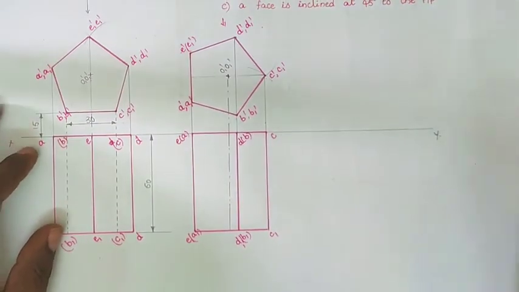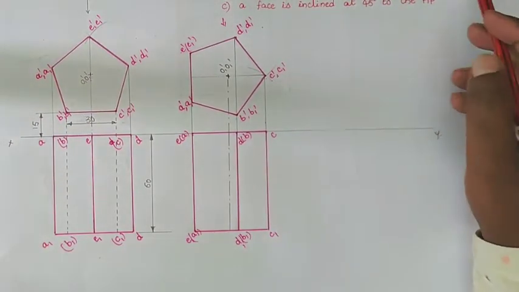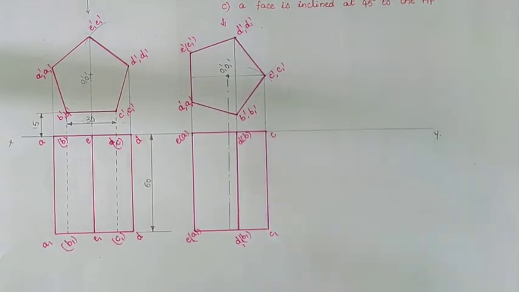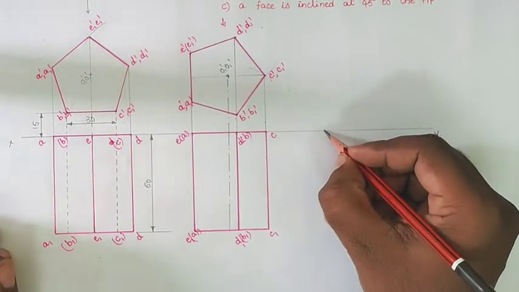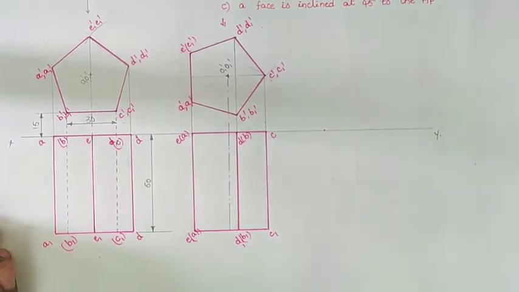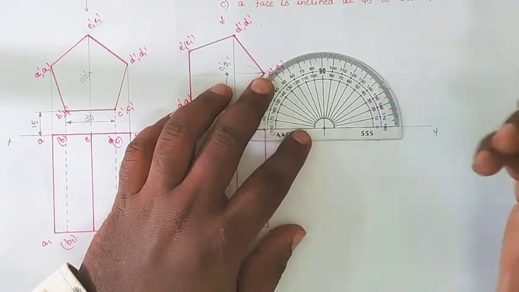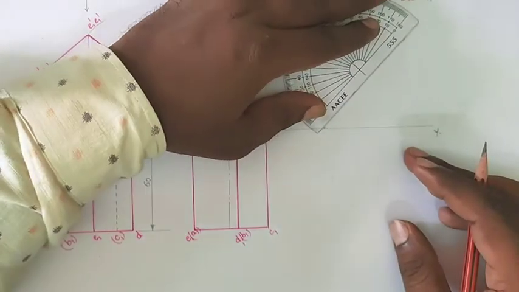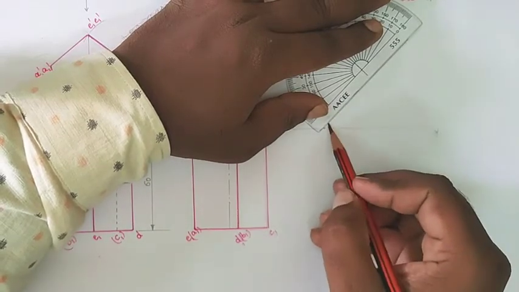A face is inclined at 45 degrees to the HP. So it is also same. Carrying base is in the VP and the face is inclined 45 degrees to the HP. 45 degrees to the HP means, locate a point on the reference line. We will draw the 45 degrees angle line. From that point we will draw the 45 degrees inclined line. On that 45 degrees inclined line, we will draw the side of that